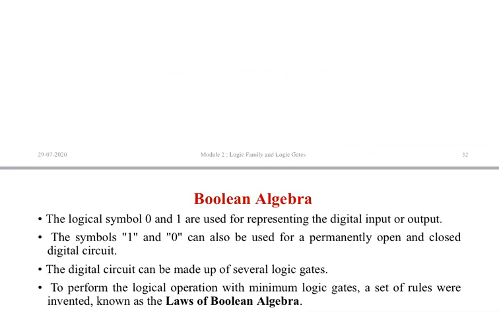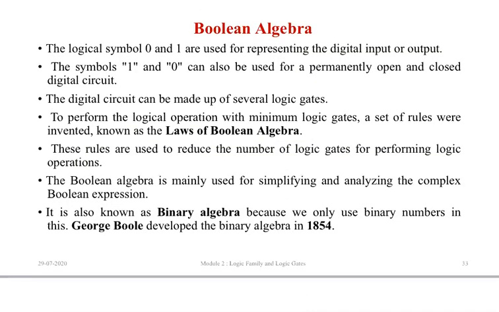So a little bit of introduction to Boolean algebra. Here we know that in digital input or output, we use the symbols 0 and 1. Okay, so 1 and 0 mean open or close, high, low, on, off. All these meanings are there for symbols 1 and 0. Now, we need to perform certain logical operations with minimum logic gates. That is our criteria. Okay, you can use many gates, but that is not the ideal case. You have to use a minimum number of logic gates.